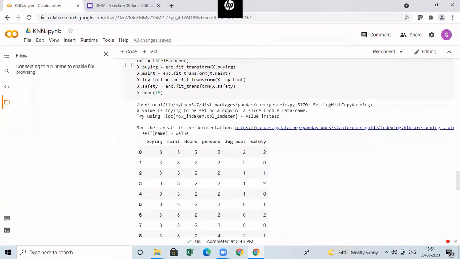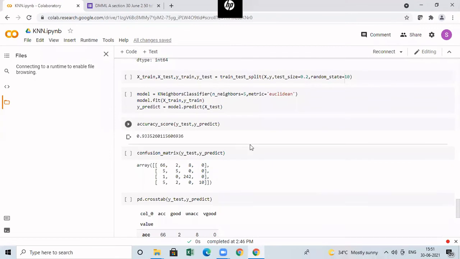Now, let us see the KNeighborsClassifier. So I'm calling KNeighborsClassifier. We need to pass how many nearest neighbors you are going to consider. For that, we have the parameter n_neighbors. You pass that as 5. And then you have to give what is the distance parameter you have to consider. Here it is nothing but Euclidean distance. So you check the sklearn documentation and find out what are the other distance metrics available. Okay, here I'm selecting Euclidean distance.